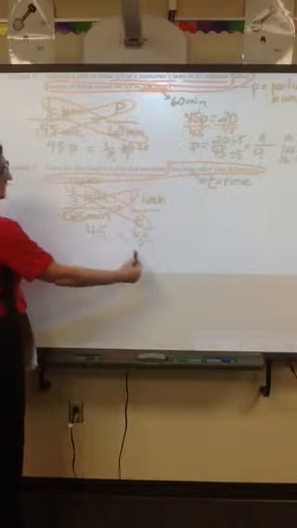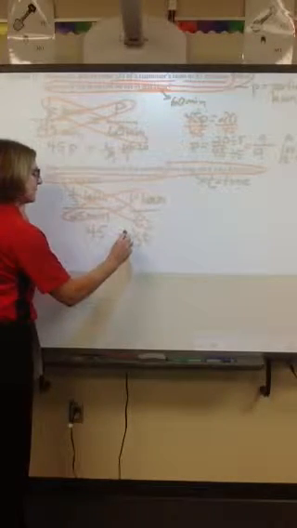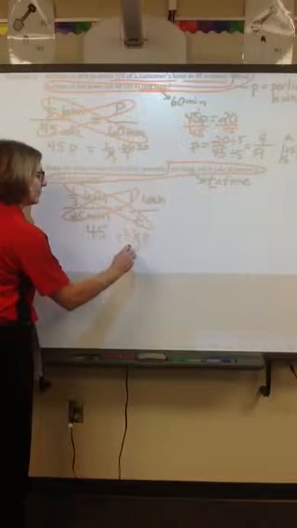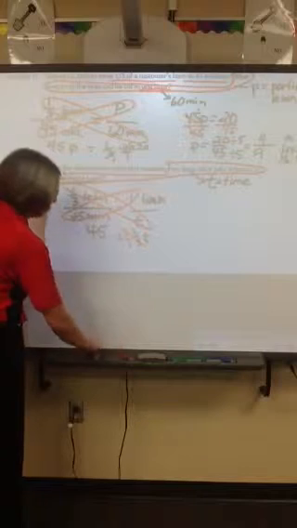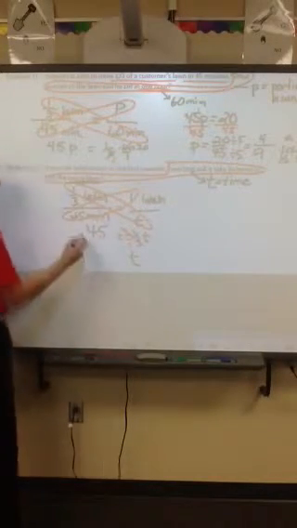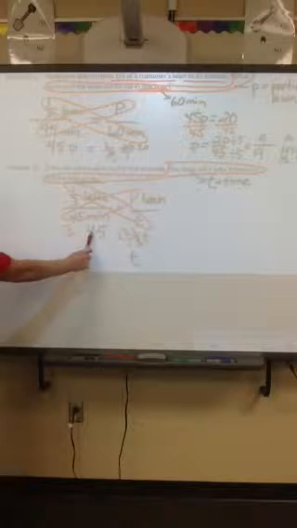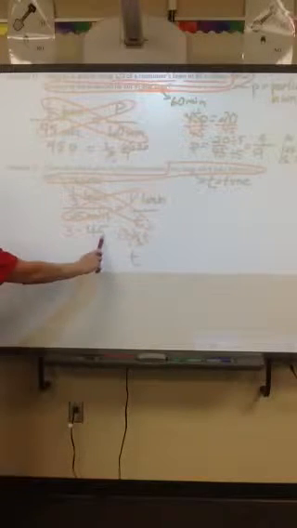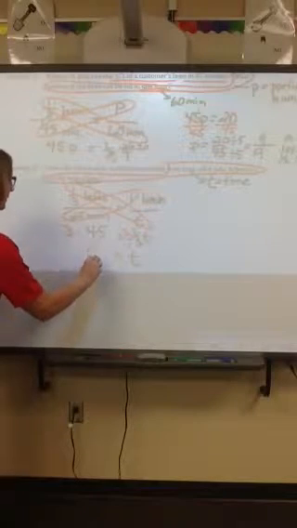So this 1/3, we can either divide both sides by 1/3, but dividing by 1/3 is the same thing as multiplying by its reciprocal, which is 3/1. And when I divide out those 3's, I get T alone. But remember, whatever I do to one side of an equation to keep it balanced, I have to do the other. So instead of multiplying by 3 over 1, I can just multiply by 3. And 3 times 45, well, 3 times 40 is 120, 3 times 5 is 15, so 120 plus 15 is 135